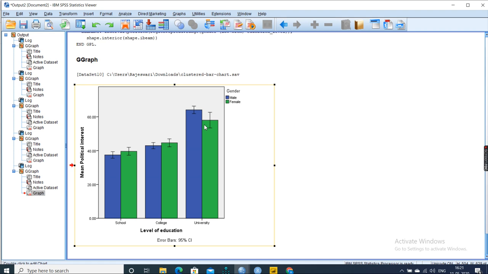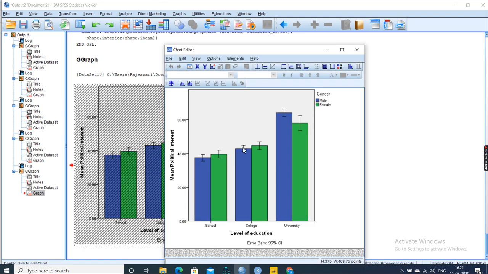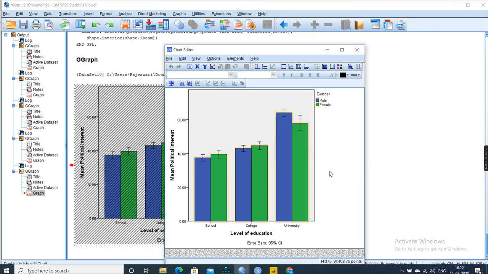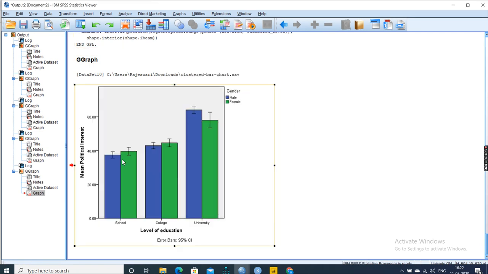So when you want to change, you can change, but in this graph, yes, you can fill. You have to click this thing. They have locked it here, so you can't change. If you want to change the border, you can change the border. Otherwise, close. Sometimes you can change, and sometimes, if it is locked, we are not able to change the color.